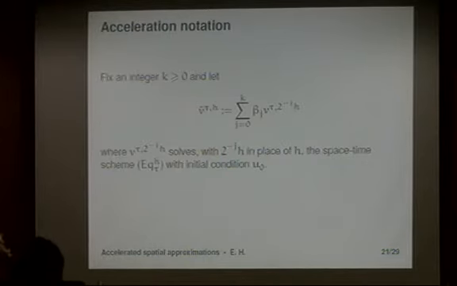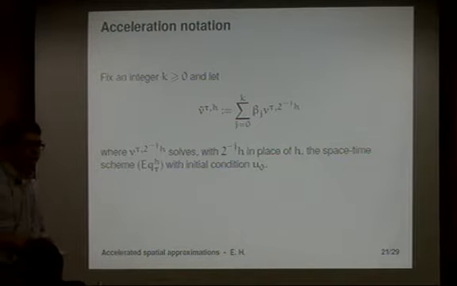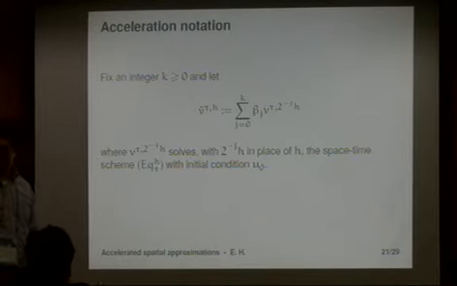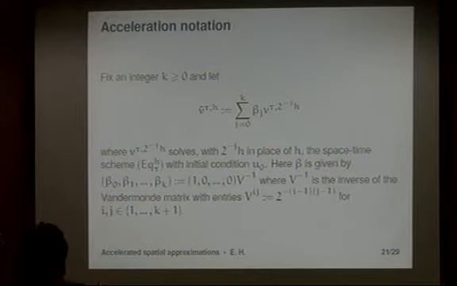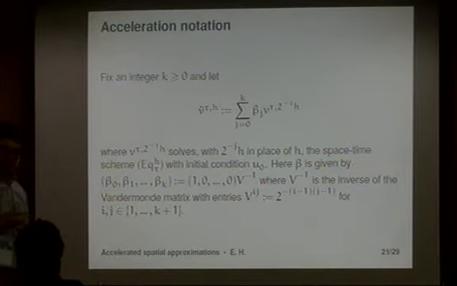Namely, we want to take appropriate mixtures of the space-time discretization at different mesh sizes and combine them to get the higher order of convergence, arbitrarily higher order of convergence. So if we take this V bar tau h, which is the sum over the beta j from 0 to k of the V tau 2 to the minus j h, where the V tau 2 to the minus j h is the space-time scheme solved now with just a different mesh size,